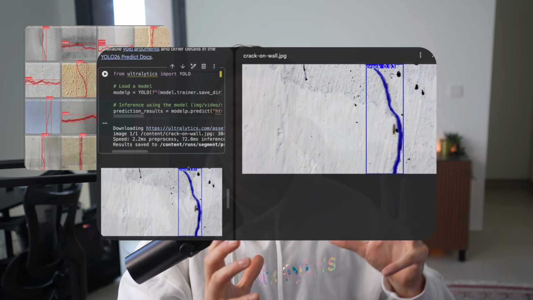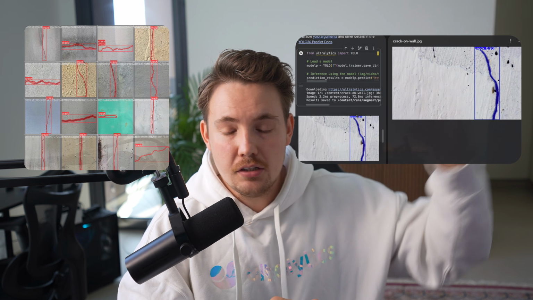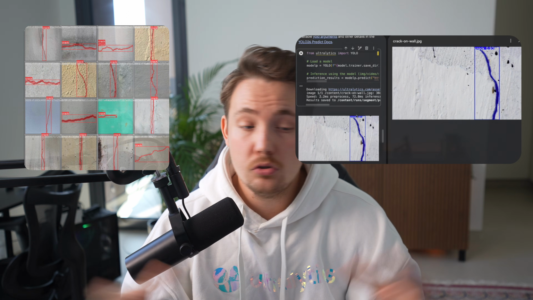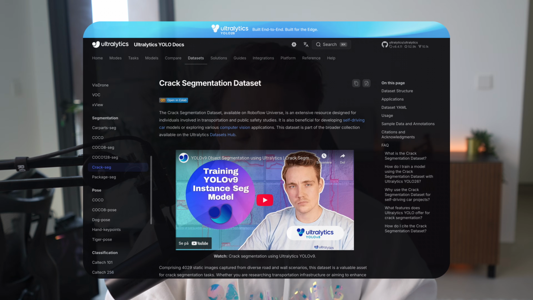A very cool use case for computer vision projects is crack segmentation. So basically, if you're into construction, or just want to detect some cool stuff, and you're looking for a project, detecting cracks in ceilings, walls, floors, and so on with the new YOLO26 model is a pretty cool use case. In this video here, we're going to see how we can train our own model on the crack segmentation dataset